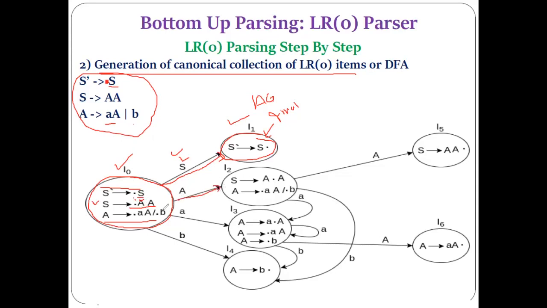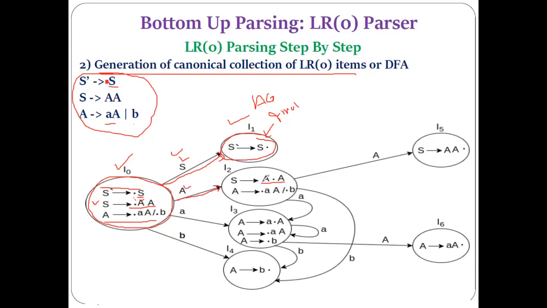So we move the dot from the left of non-terminal A to the right, and we get this production, A dot A. Now, is there a need to perform the closure operation after performing the goto operation? Now, what goto operation have we performed? We moved the dot from the left of a particular symbol to the right. This is the goto operation we have performed here, on the non-terminal A.